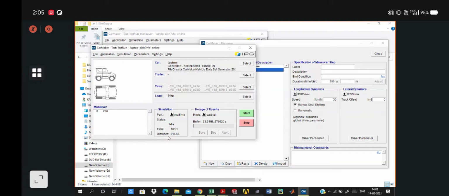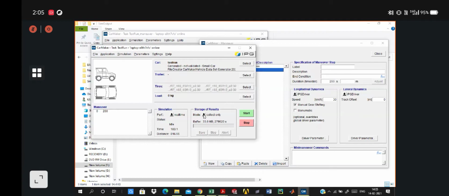Coming to the storage of results, there are different modes: save all, collect all, history. While you are in the initial phase, or while you try out your parameters, it is recommended to select the mode collect only, so that it won't take much disk space on your PC, and it will speed up your simulation.